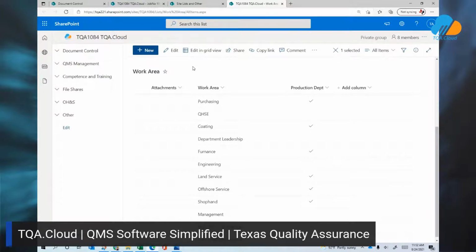But again, I've been in the position as a quality manager. You know that you've got a meeting coming up in 2 hours and you've got to get the data sorted and filtered in a certain way. So again, we want to make sure that those options are available to you there.